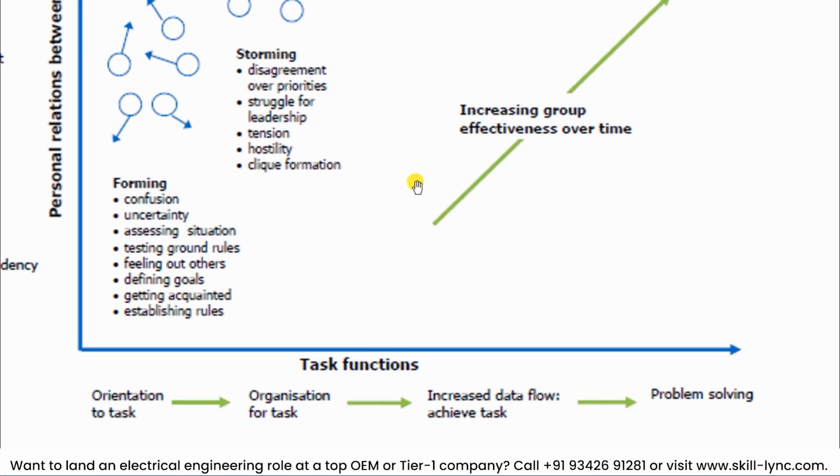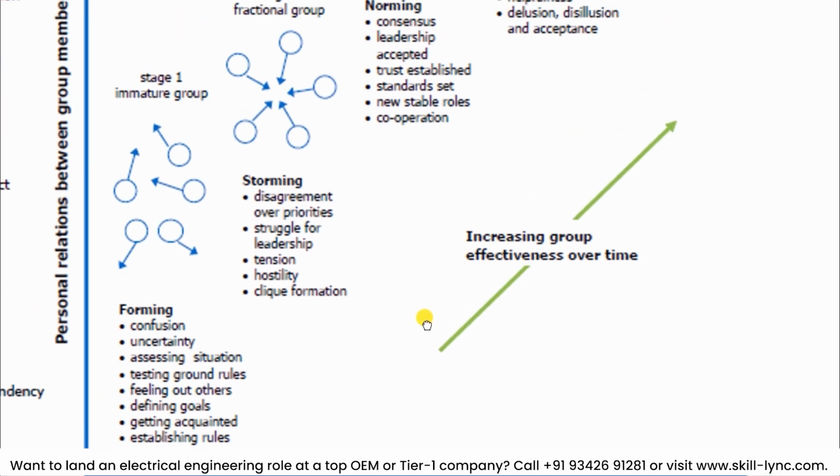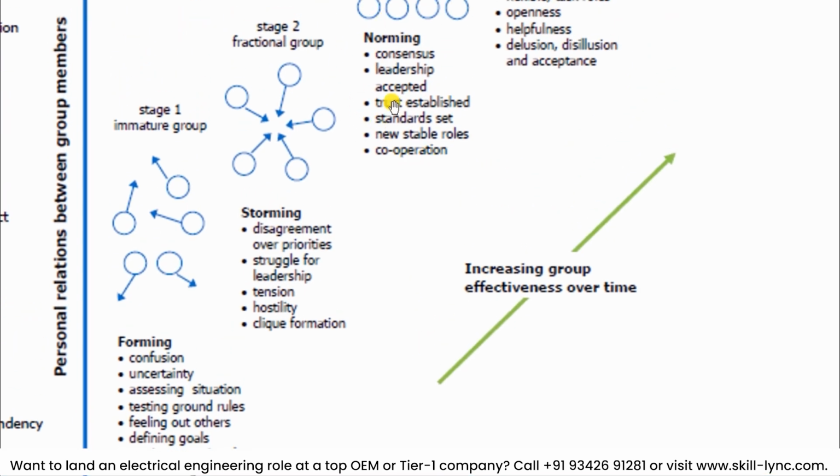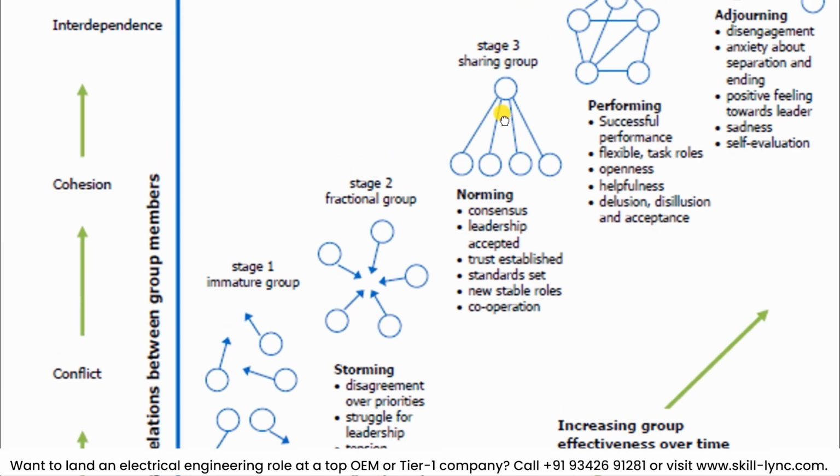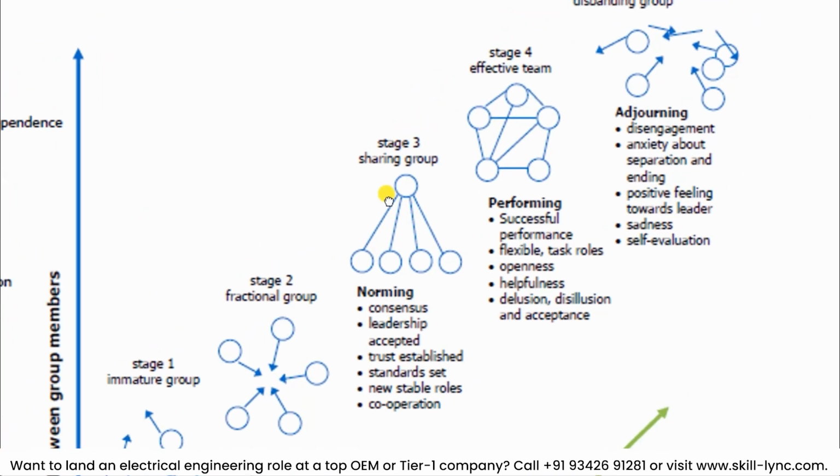So in this stage, you start to deliver some sort of result. There is some sort of information that is going into the team. And here what happens is you try to work together, so there's a cohesion that happens within the group. You become a sharing group. The information gets shared freely. So in the next stage, here is where you'll start to perform.